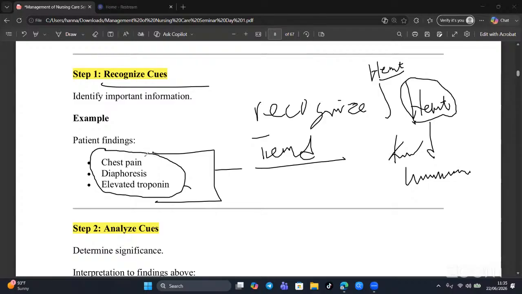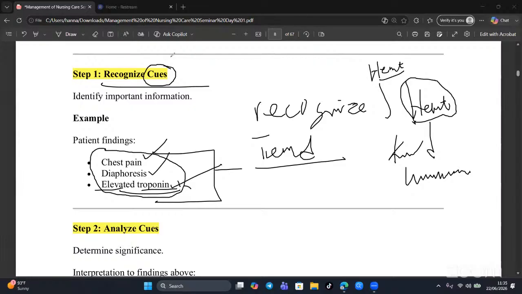Okay. With chest pain, diaphoresis, you did your labs and you got this elevated troponin. So this one has given you a cue. I don't know which synonym to use for this cue. It has given you a cue that, okay, this one can be malaria, this one can be this, this one can be this. You have so many